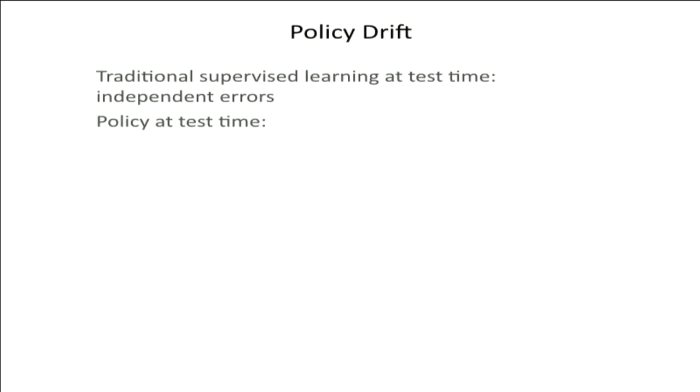An issue that can come up is that the policy learning problem that we're trying to solve is pretty different from traditional supervised learning, where at test time you have errors that are independent. For example, in recognition, your system might propose a label and misclassify it. Well, you just mark down your total score, and you move on to the next test image. But in our setting at test time,